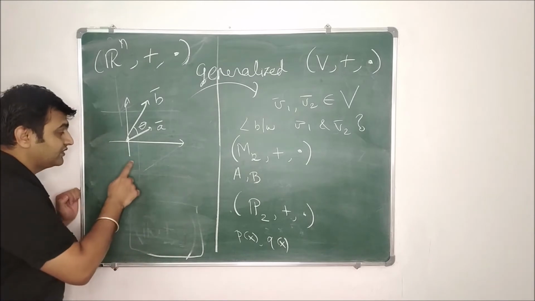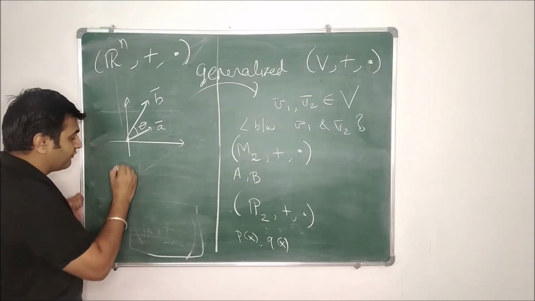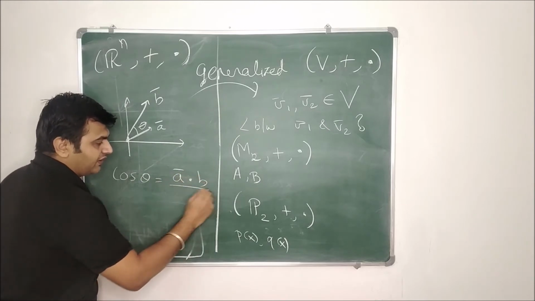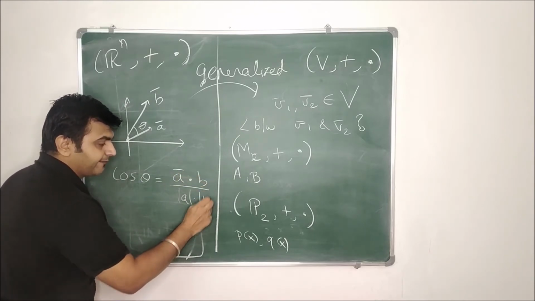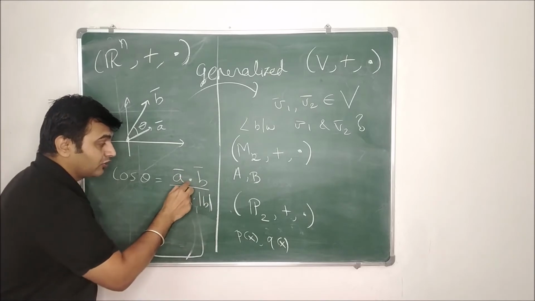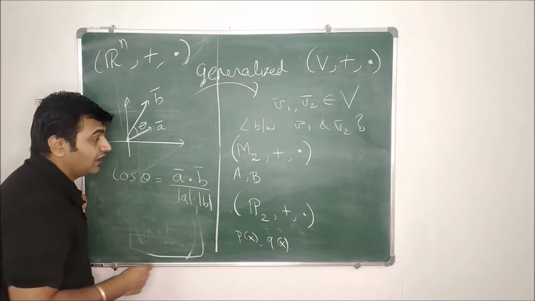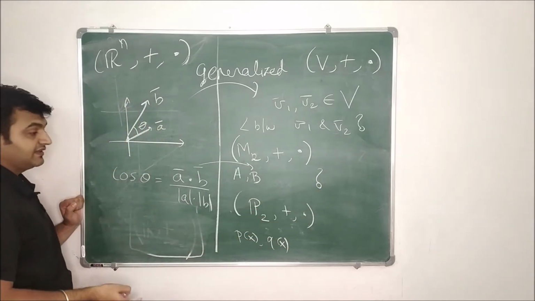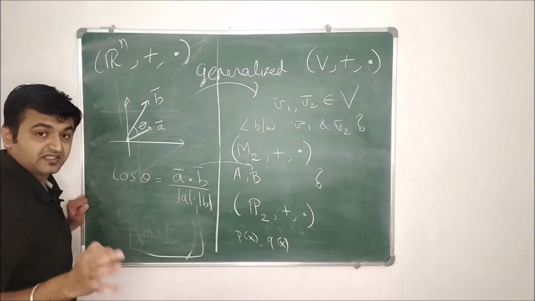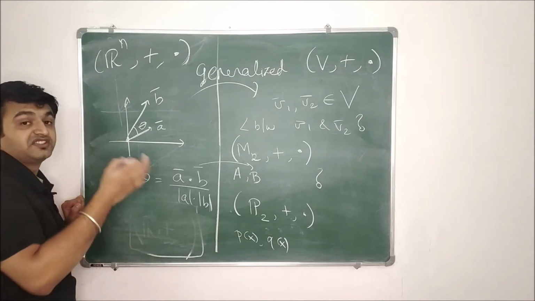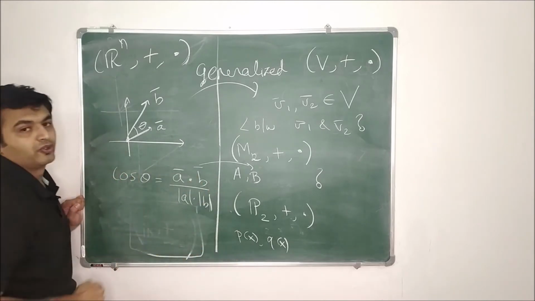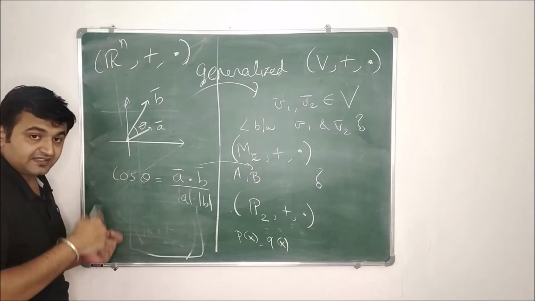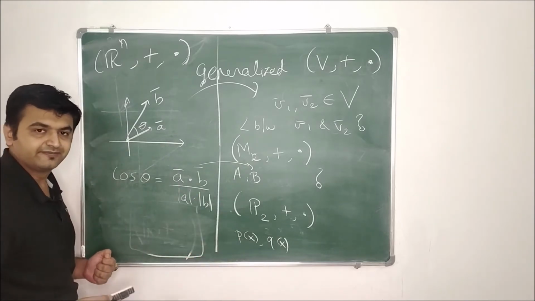Because here you have the dot product. If I want to find the angle, what is cosine of theta? It is the dot product of the vectors upon mod A into mod B. So here we have the dot product in Rn, Euclidean space. The question is, what do we have over here? What is the generalization? The answer is the inner product. Your inner product is a function, nothing but the generalization of the dot product. So let's try to arrive at the definition first, and see how that definition came into the picture.